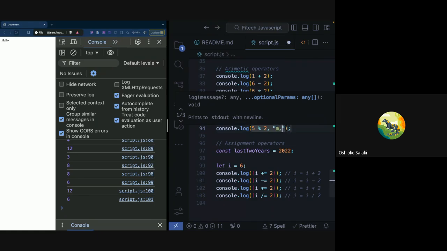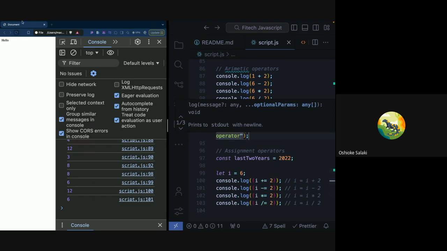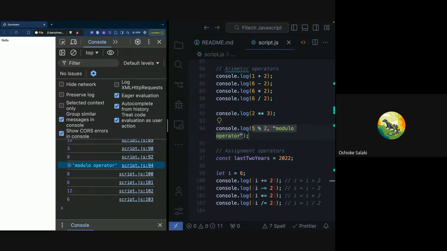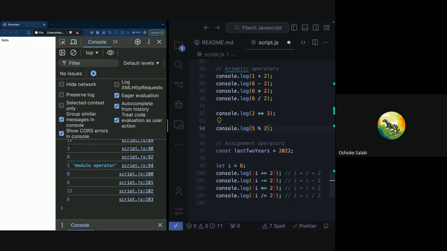So let's see the modulo operator like this. If we refresh our page, you see that 1 is being returned here. So this is an operator that we have. Then the next type of operator we're going to be looking at is